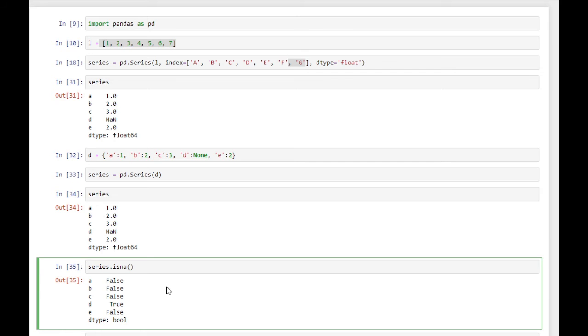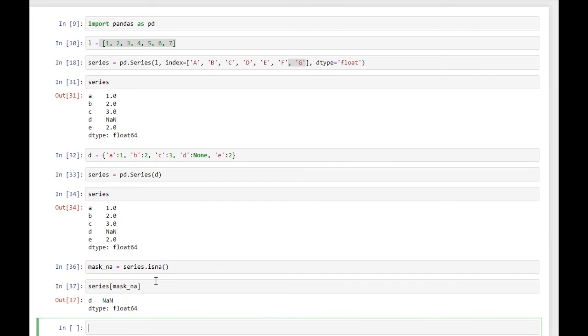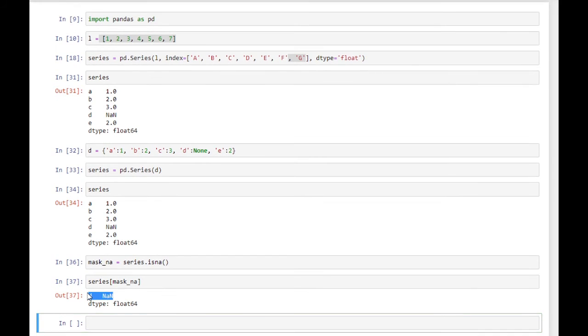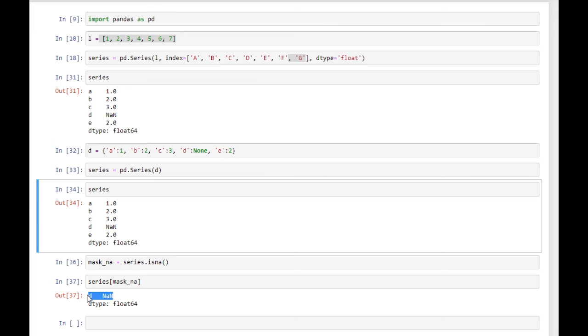So I will assign this mask to a new variable, and we can pass this mask to the Series. We receive this value from the Series. We only had one null value, so we received this.